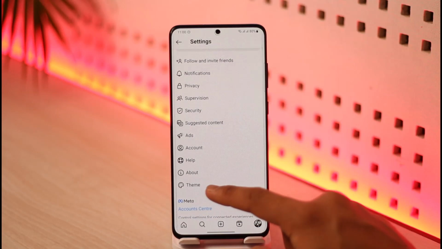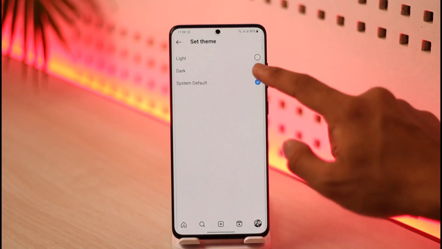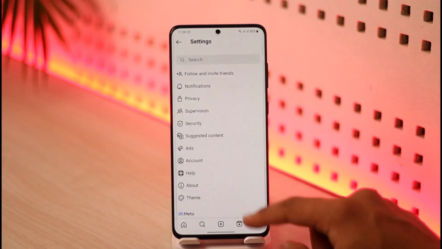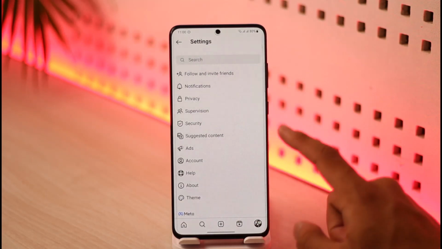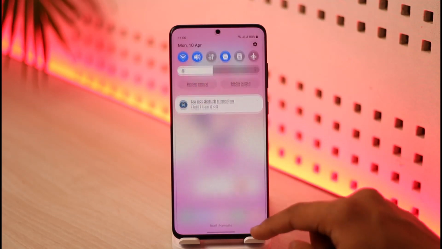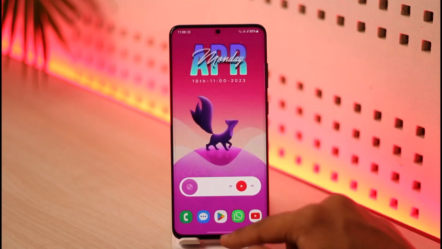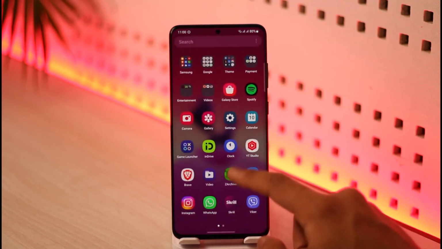In case you find it, then here you'll find the option called theme, and you can simply tap on this to switch to dark mode. But if you do not find it, it means Instagram has removed it, and the only way to switch to dark mode in Instagram would be to turn on dark mode on your system, and then Instagram is also going to follow automatically. In this case, in order to successfully switch to dark mode,